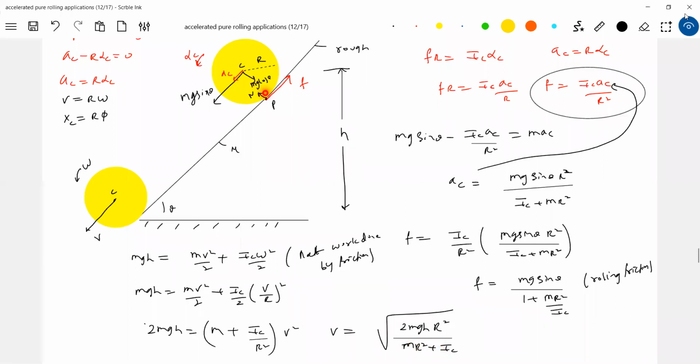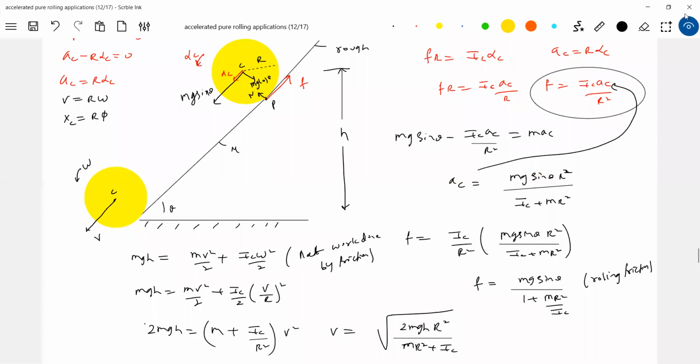Now what about the time taken by them? Acceleration is different. Distance covered is same. Then you write s equal to half a t square. Ac is different, but distance covered is same. Then time taken will be different here. So if you release the ring and disc, what about the time taken by them to reach the bottom of incline? Will be different. You can solve for this.